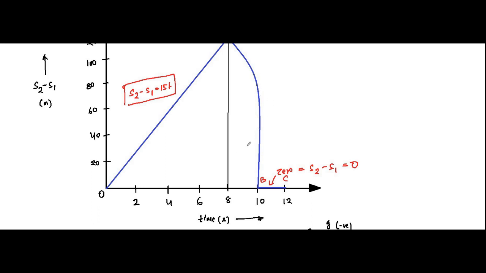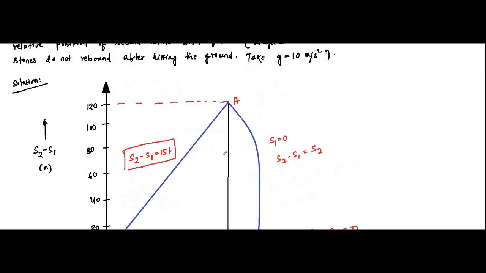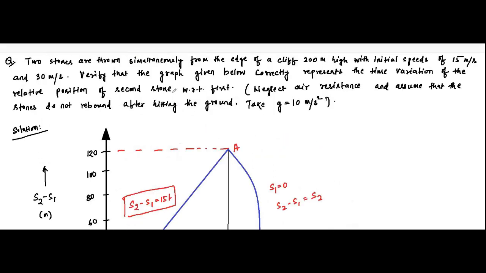Then after t equals 8 seconds, S1 is equal to 0. So S2 minus S1 is equal to only S2, because of the t square term, the parabolic portion from A to B. And then after B, from B to C, after t equals 10 seconds, both have hit the ground. The difference between their positions is 0, which explains the BC portion. So this graph accurately depicts the relative position of the second stone with respect to the first for this question. A very good question